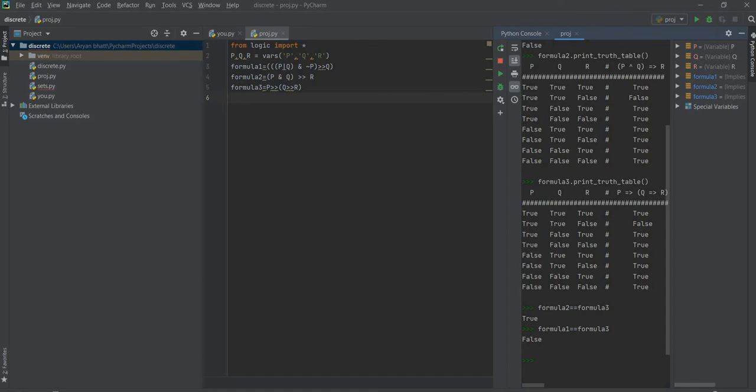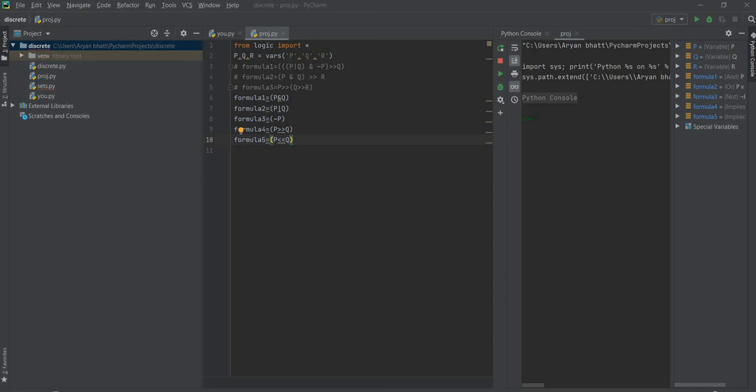So at last I'll perform some random examples of truth tables of different formulas, one by one. These are the examples we are going to take. I'm going to type the truth table of each of them, so see clearly and carefully. I've entered formula1.print_truth_table, and I'm pressing enter here. This is the truth table of formula 1, and if I change this to 2,